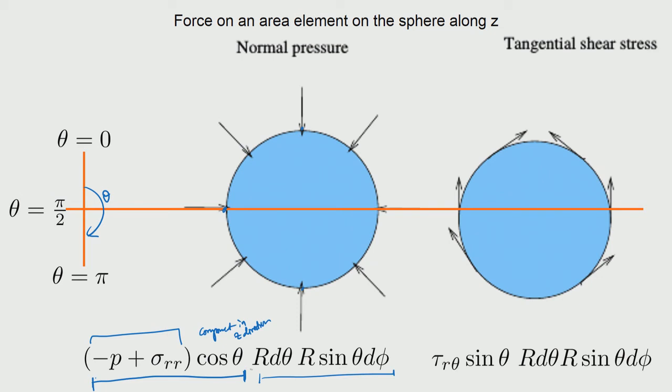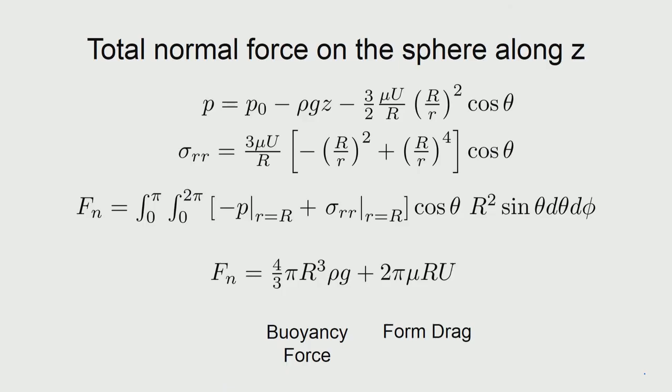So, we can then substitute this part, and we are going to integrate this entire term to get the force that is acting in the z direction because of pressure and the normal stress. Similarly, for the tangential, you can already see the components are actually sin theta. So, if the normal is cos theta, the tangential will be sin theta here, and this is the area element. So, when we integrate these, you get the forces that are acting in the normal direction. So, the pressure and sigma RR are available. You substitute those and then the cos theta is taken, and then this is the area element, and integration is over the sphere. Okay.